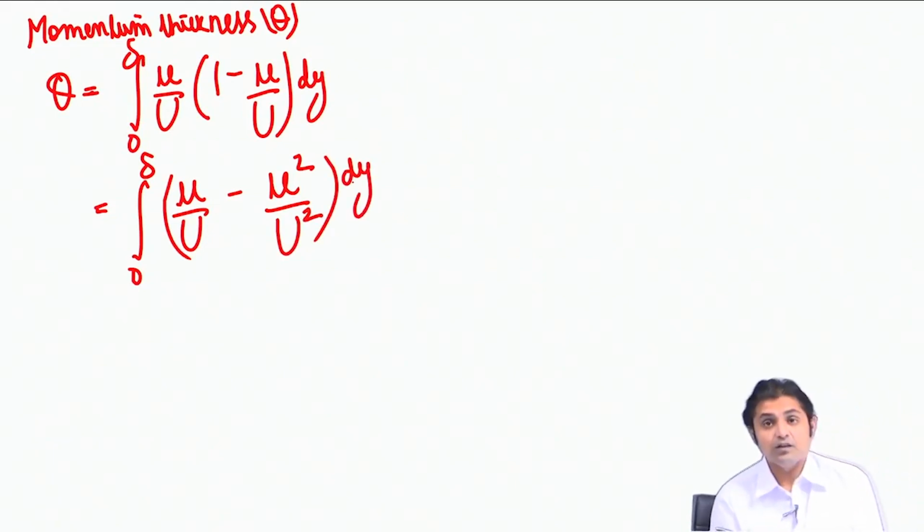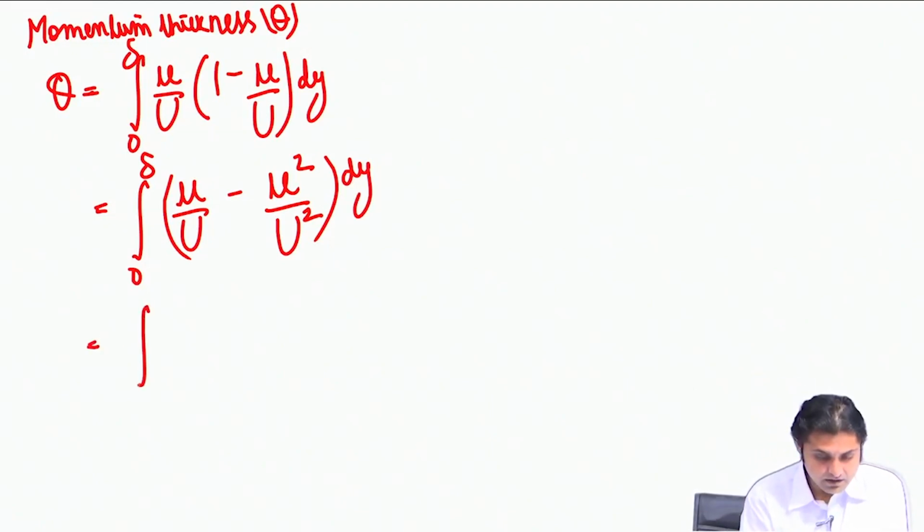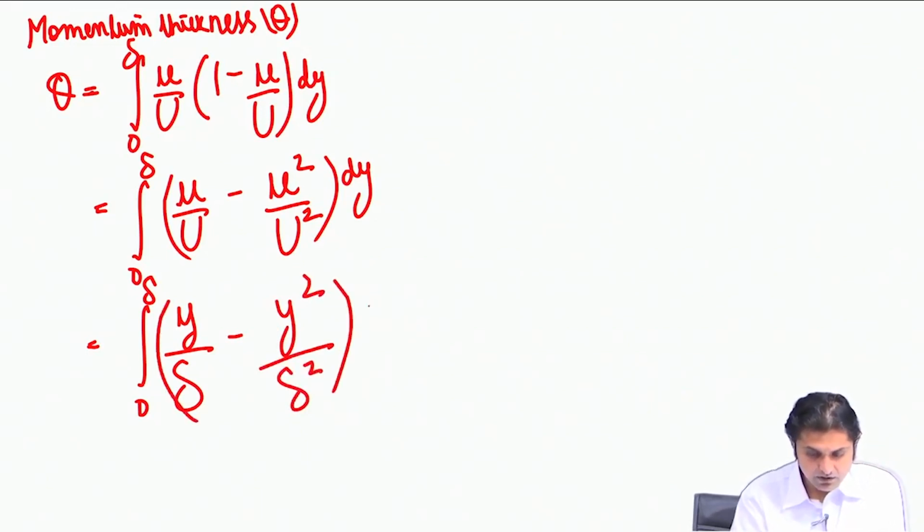Using the velocity profile we can write integral 0 to delta